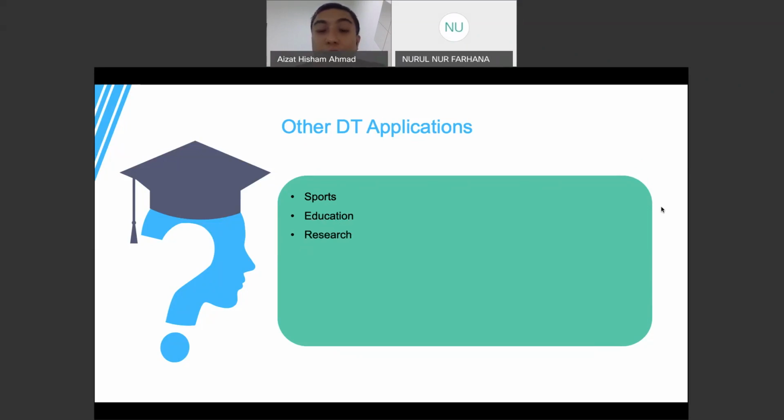So design thinking has been applied in sports, education, okay, like us in USM, research, okay, for those of you who are doing research, all of you should be doing research, okay, so you can apply design thinking. Okay, some of you who are going to the business sector later on, some of you are going to work in multinational companies, for example, you would be able to apply design thinking. Also in management, product design, creative.